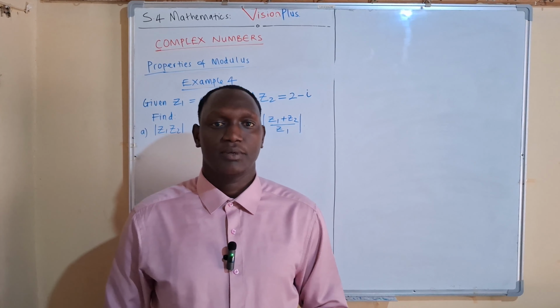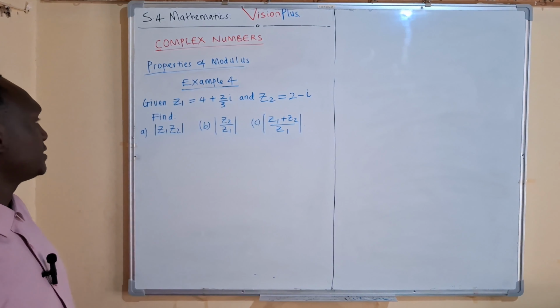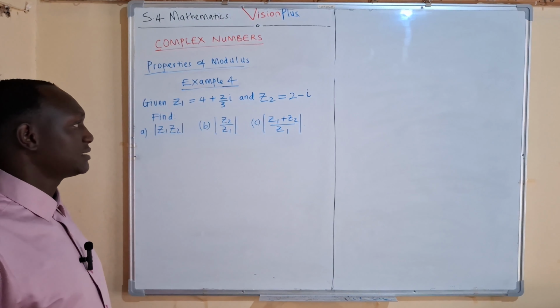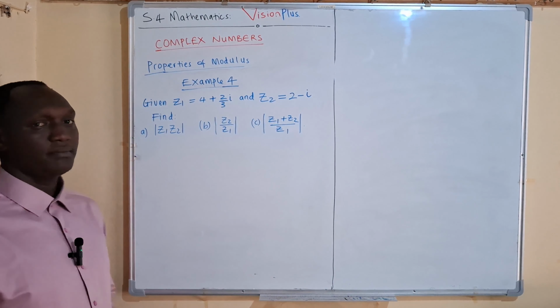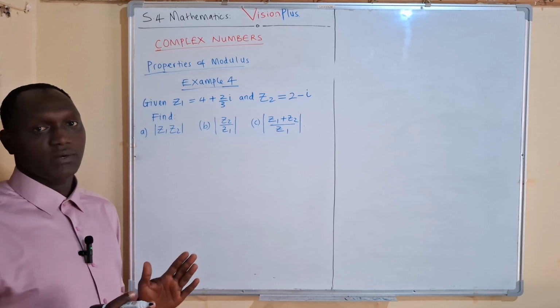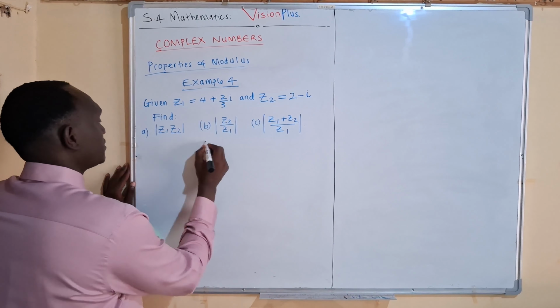We are looking at properties of modulus and we are now on example 4. Example 4 says that we are given two complex numbers, Z1 and Z2. And then they're asking us to find part A, the magnitude of Z1 times Z2. So the solution is,